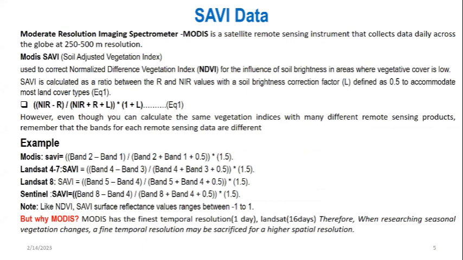Okay, so for our study, the data we used was SAVI data. The survey, sorry, it's the Soil Adjusted Vegetation Index study. And this is the index that we used to